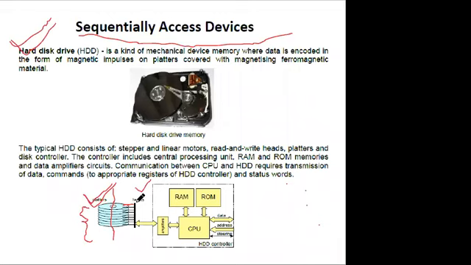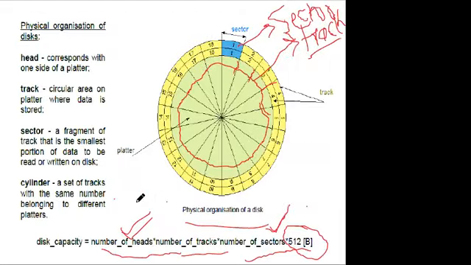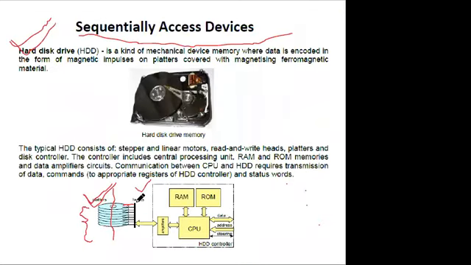In detail, you can go through a video lecture on YouTube regarding how a hard drive actually operates. A hard drive operates with sequential accessing, but a brief introduction and overview of the working of this hard drive has been provided in this lecture also. So this is all for today. In the next lecture, we will discuss programmable logic devices and the details of the ROM, how ROMs have been improvised to become a CPLD and an FPGA. That we are going to discuss. And consider the next lecture as the last lecture of this module.